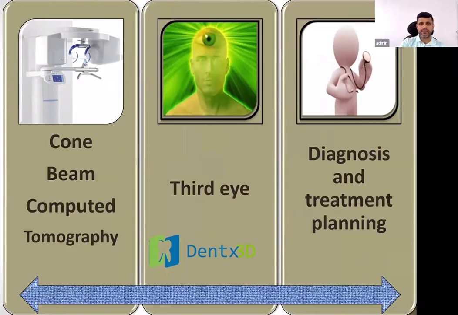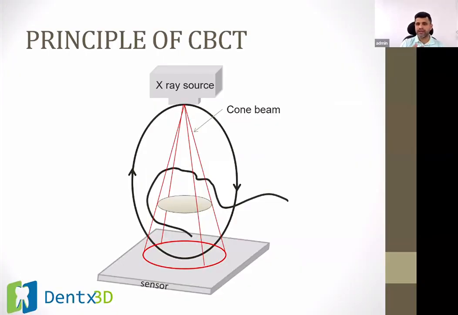Now my aim in this lecture is to make you read a CBCT scan on your software. When you open the images on your computer, you should be able to read that scan, and know what part it is, where it is. So I won't be going much into the acquisition or the principles of CBCTs. I will just give a brief idea about it, and we will focus more on reading